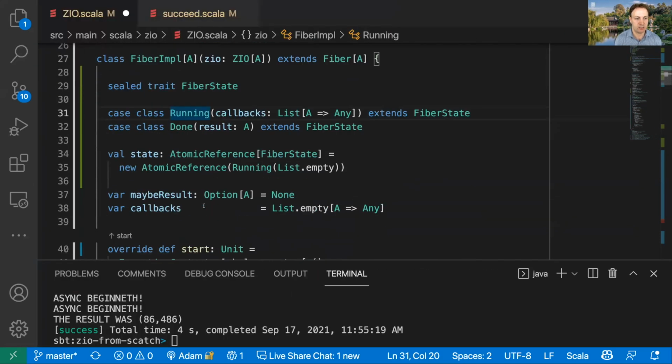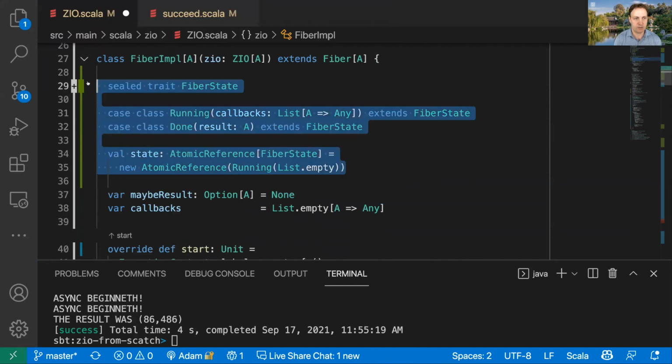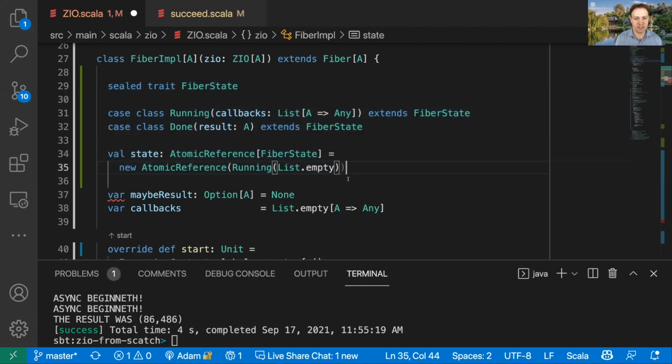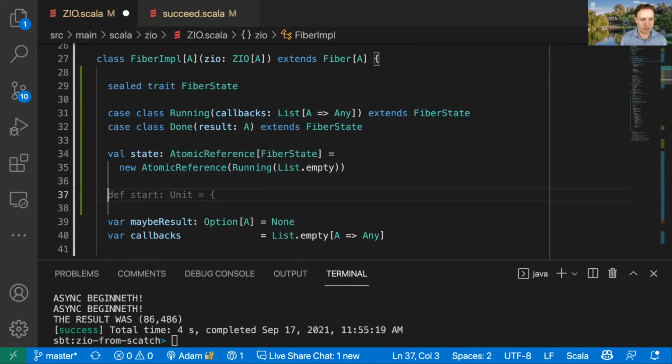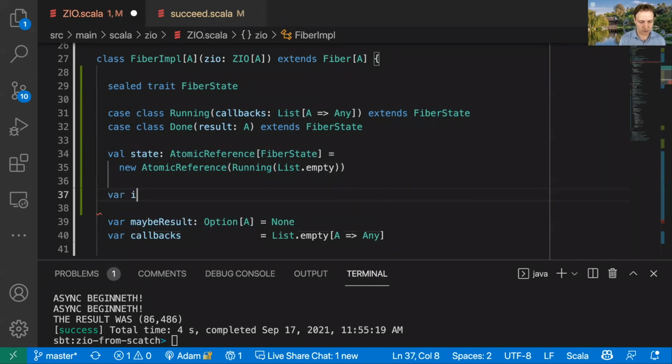Yeah, so let's maybe comment this out. Well, it may be hard to see since we have to fix this first. But basically, let's say that I was doing something in normal ZIO code where I did var i